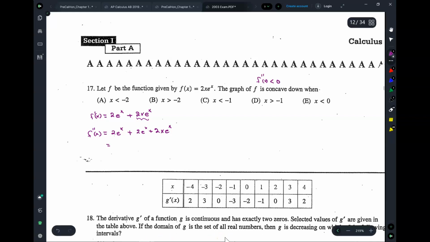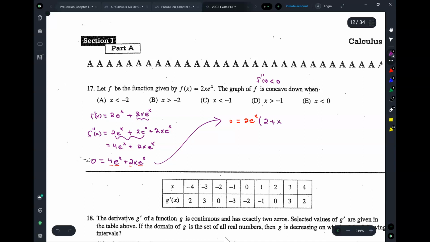Okay. So what's this? 4e^x, right? This gives you 4e^x plus 2x e^x. Okay? Now, we want this to be equal to 0. Right? Okay. So, how is that going to happen? So look at this one. Do you see how we can factor out an e^x and also a 2? Yeah. Let's do that. So 0 equals 2e^x